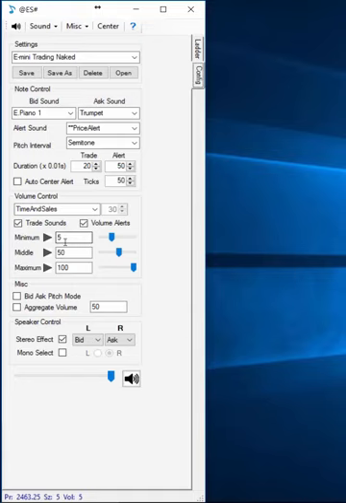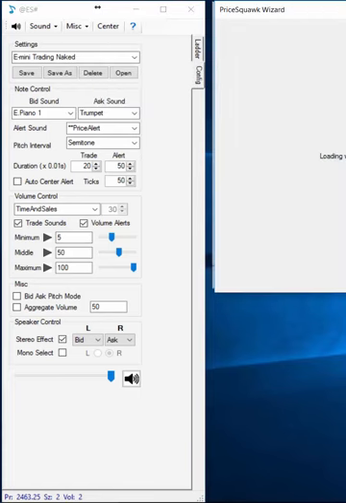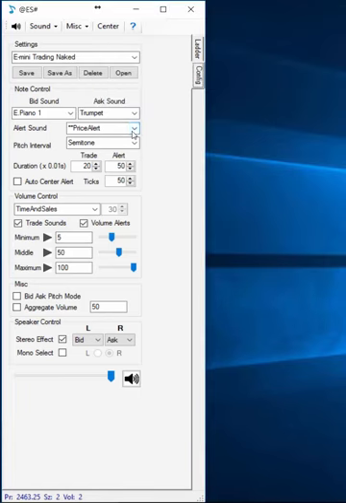I'm using a little bit of trade filtering for our trade sounds. You can always scroll through the wizard to change these later, but I'm filtering trades out below the size of 5. So when you hear your trade sounds at the bid or offer, that means that it's a size of